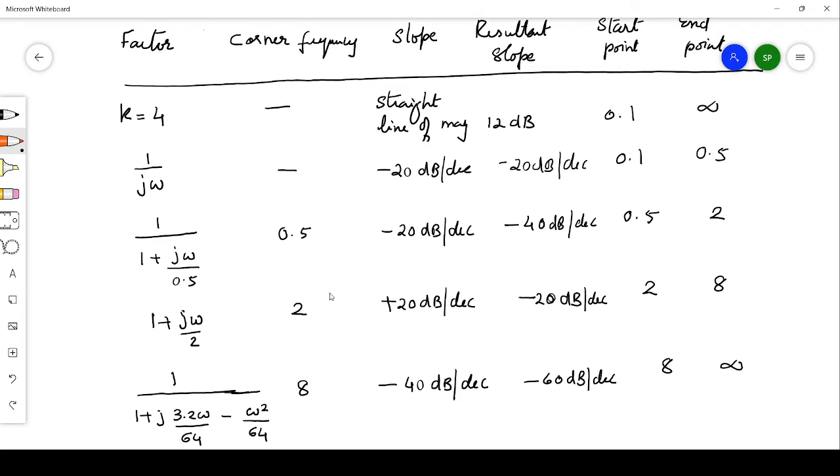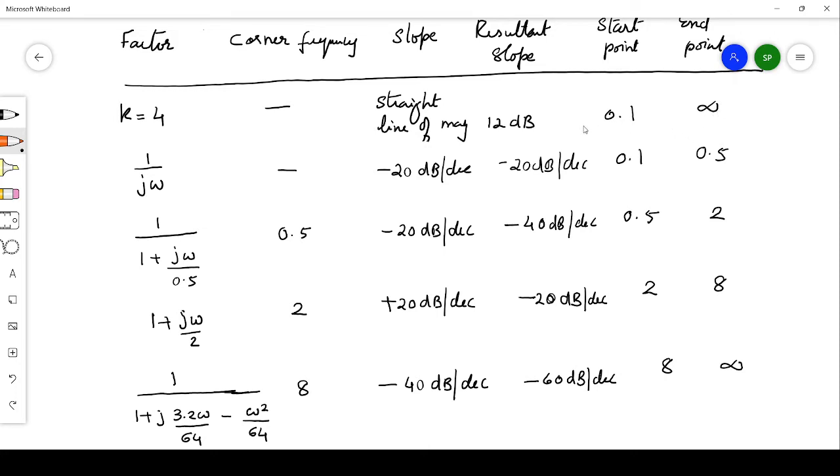So I am just taking, this is randomly chosen. I have chosen it as 0.1. That is why in the first row you can see k is equal to 4. Then we know it is a straight line of magnitude 12 dB and it is starting from 0.1. This 0.1 frequency I have chosen as a starting frequency, and it is a constant line throughout the graph, so it is going up